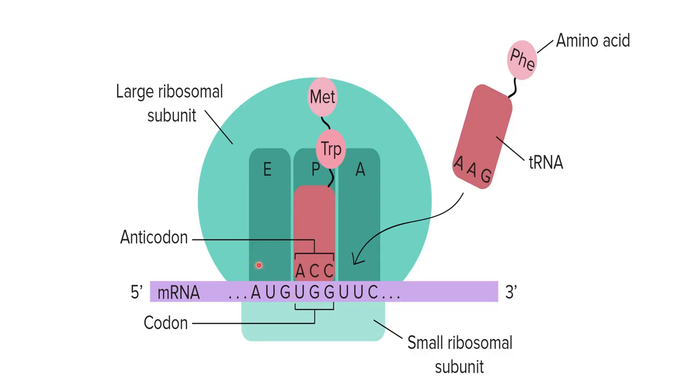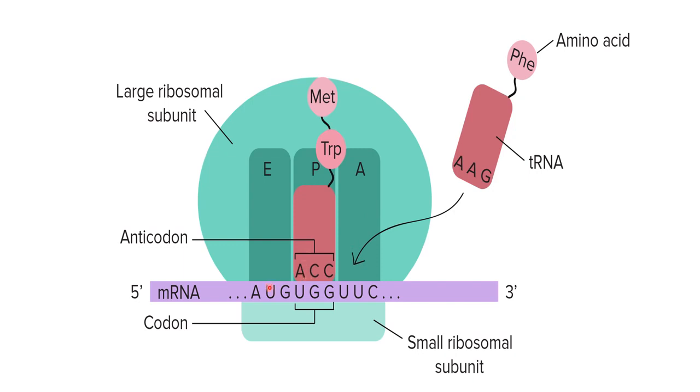Now what happened after the formation of the initiation complex? This ribosome starts translocating on the mRNA chain, means it moves on the mRNA chain. Due to this moving, what will happen? Now this AUG has come here to the exit site, and the next codon will be present now at the P site, that is UGG. Likewise, this ribosome will move ahead on the mRNA chain to make a polypeptide chain.